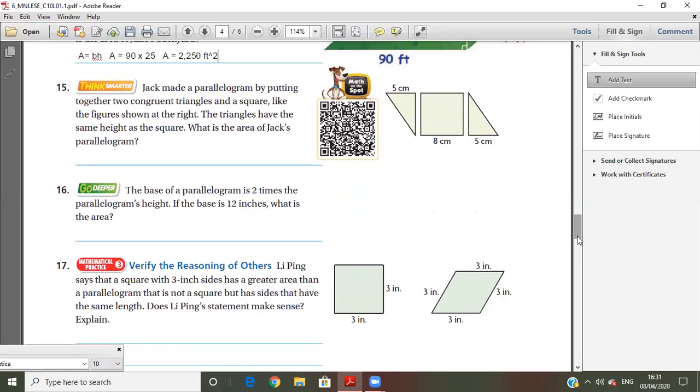Okay, so let's try to do this question here. Number 16. The base of a parallelogram is 2 times the parallelogram's height. I cannot draw a picture here, so I'll go back to the screen which I showed you before. First let's draw a parallelogram. So a parallelogram looks like that. Okay, the base, now they're talking about the down part. The base of the parallelogram is 2 times the parallelogram's height, and if the base is 12 inches,